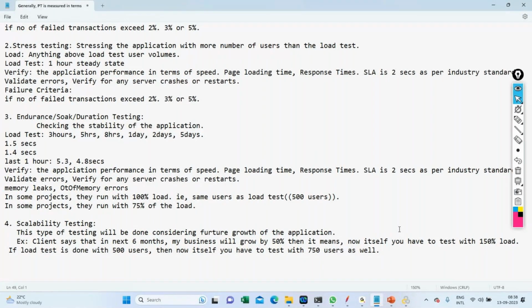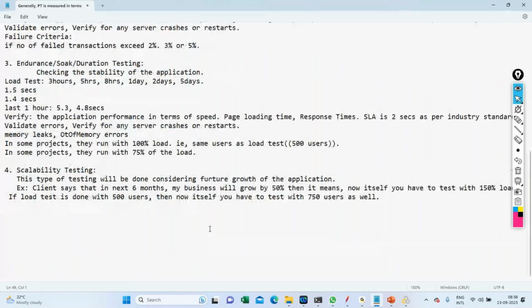So what we have to do at that point of time is test the applications, whether they are able to support 400% load or not. That is what we have to test. For example, if a load test, or you can say a 100% load test. Generally when I say load test, it is a 100% load test. Why? Because that's a peak load, right? So if a 100% load test is done with 500 users,